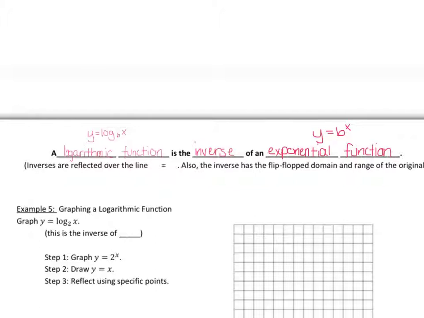Okay, inverses are reflected over what line? Y equals x. And remember that the domain and range of inverses are just flip-flopped. So if we have the domain and the range of the exponential function, then we can just flip-flop those to be the domain and the range of the logarithmic function. We've graphed exponential functions before, so we're going to use that to graph our